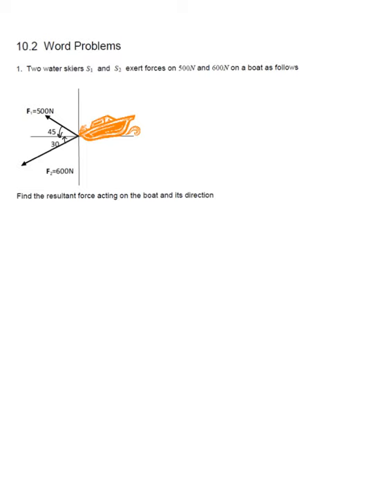Well, as you can see, I've drawn the boat where we're sitting here. Here's my positive x-axis and so on and so forth. To find out the resultant force acting on this boat, what we're going to need to do is determine what the vector for skier 1 looks like and what the vector for skier 2 looks like, and then sum those together. So skier 1, which I will call S1, is going to be, and let's see what we know,